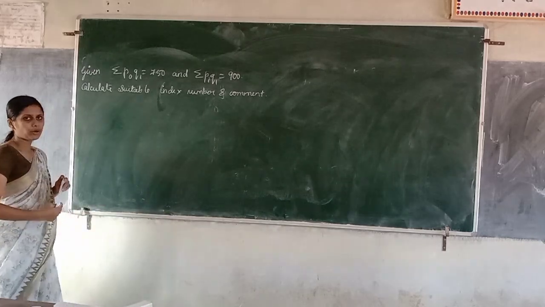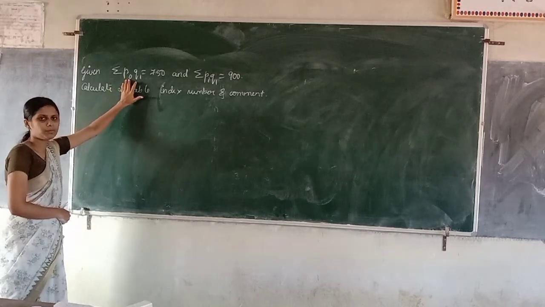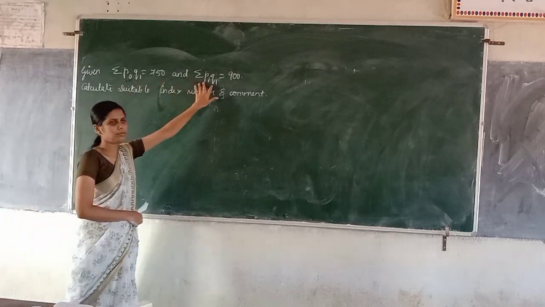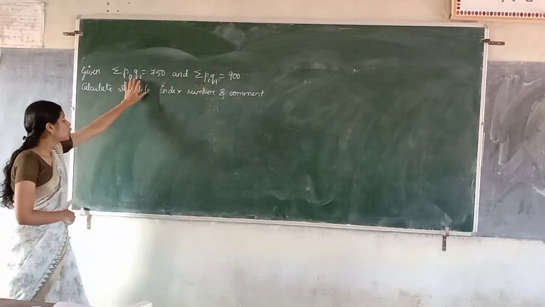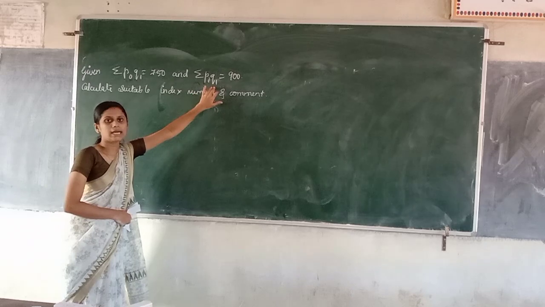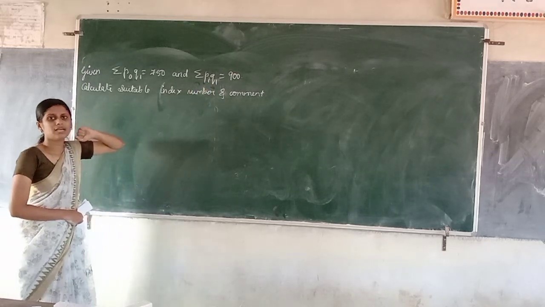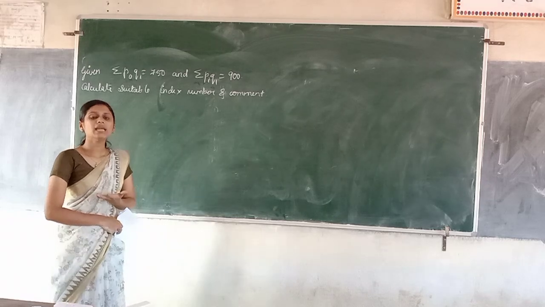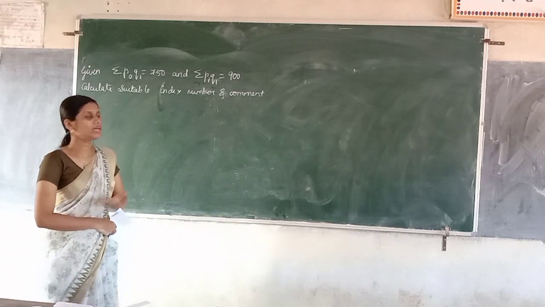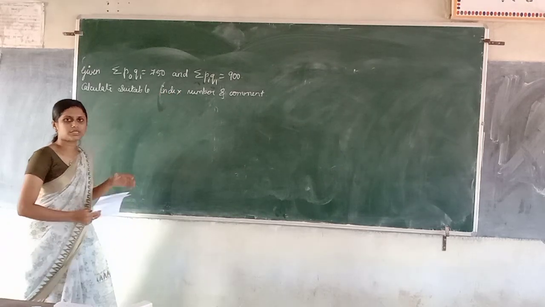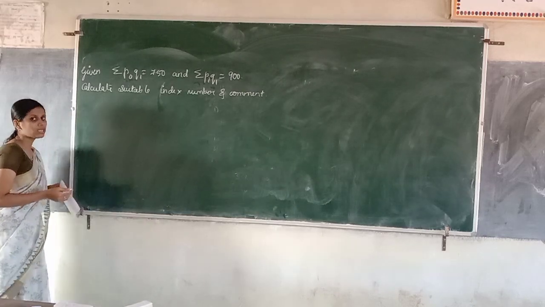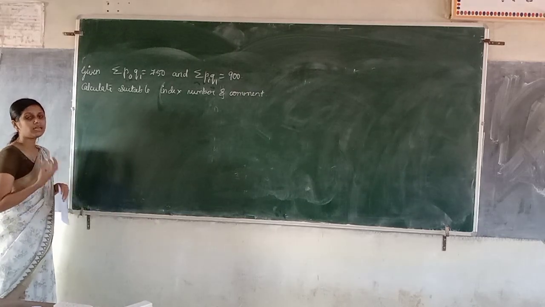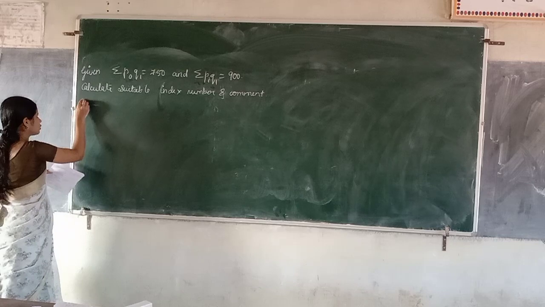You are provided with the information of summation P naught Q1 and summation P1 Q1. So here Q1, that means current year quantities are used as weight. In which index number is current year quantity used as weight? In past year's price index number, current year quantities are used as weight. So we are going to calculate past year's price index number. So in the solution,